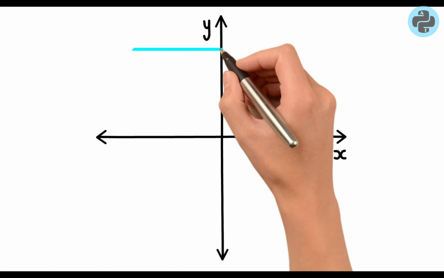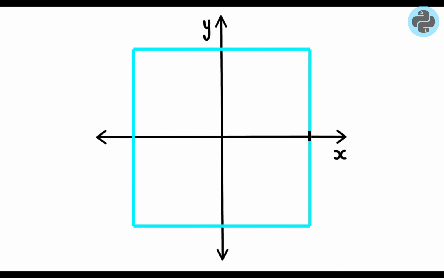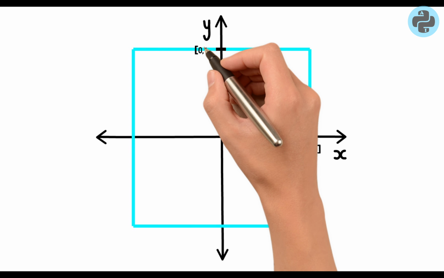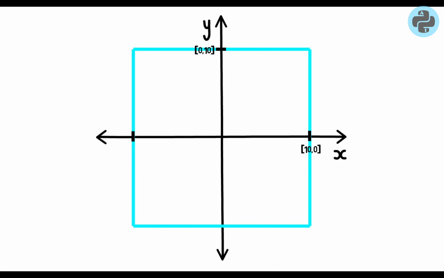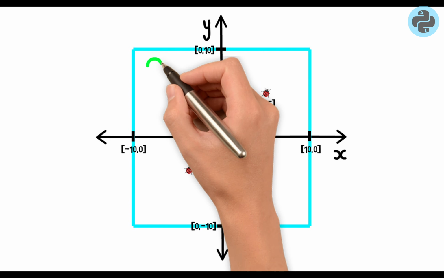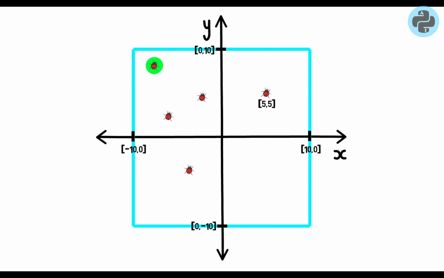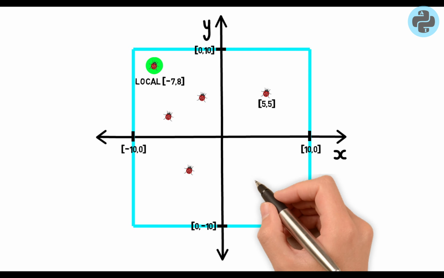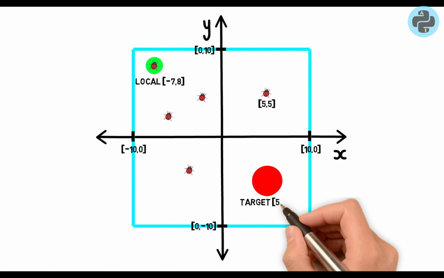Imagine an XY plane with some boundaries. A square here shows the area for the insects to search a target. Consider the insects are at different locations. While moving randomly, one of them has found some food at the green location. This green location is the so far best, and this insect will inform others about this location. However, this is still not the optimal or biggest target, so how will they reach that target?